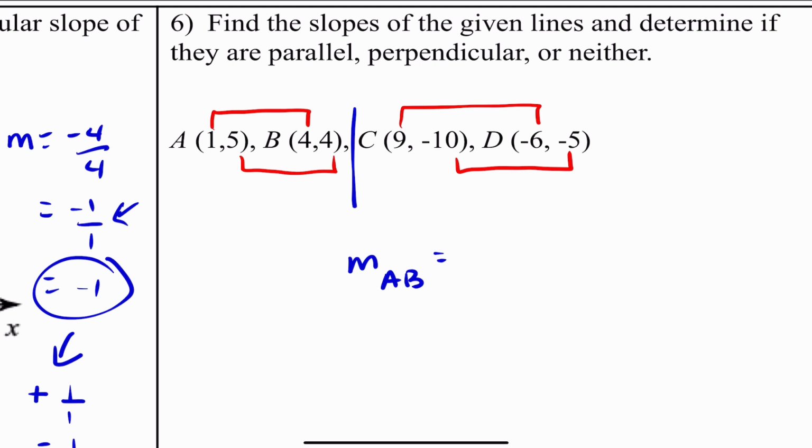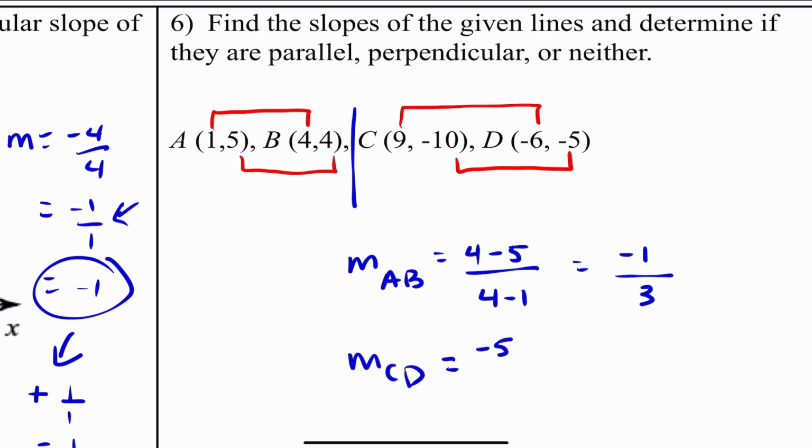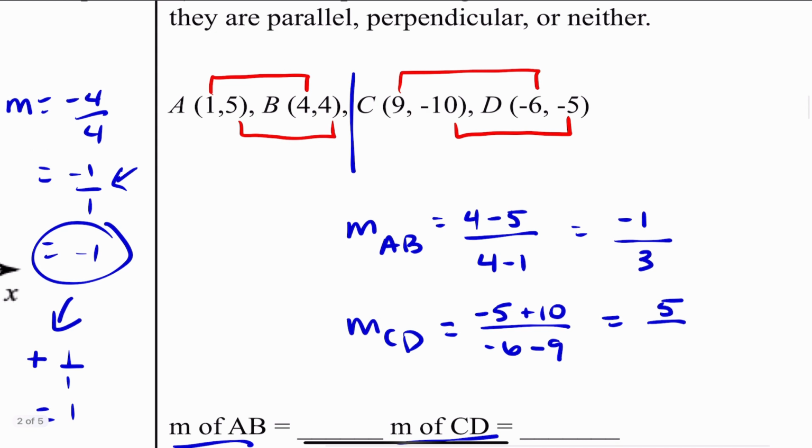So M of AB is 4 minus 5 over 4 minus 1. That's -1/3. And then the slope of CD is -5 minus -10, which is saying -5 plus 10, over -6 minus 9. So -5 plus 10, that's 5 over -6 minus 9, that's -15. So then that reduces, because I know that 5 goes into 5 and 5 goes into -15. So that's just